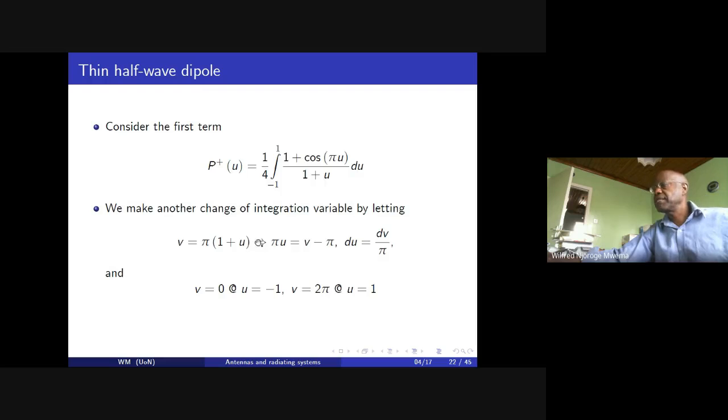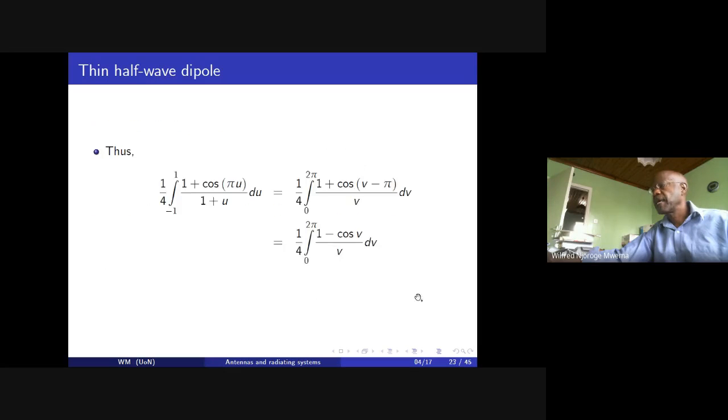And therefore it means that pi u is going to be v minus pi. And therefore du is just going to be dv divided by pi. And we make the following observation: when u is equal to minus 1, v must be 0, and when u is equal to unity, v must be twice pi. And therefore, we can integrate the first term in that form, and we get a value of the cosine, that